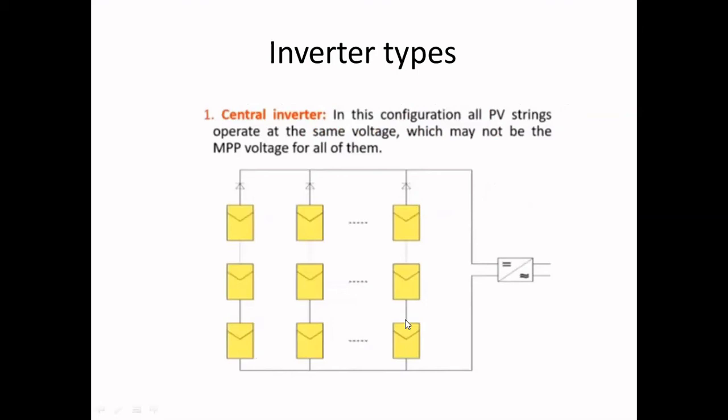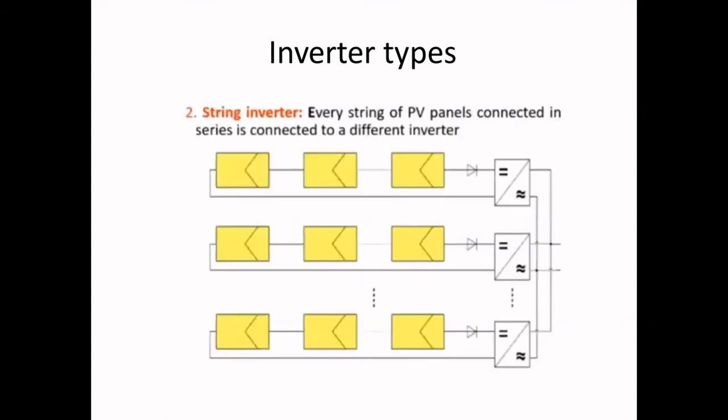Like one or two advantages we can define: we do have a smaller number of SCADA points, and so we don't have to invest much more money into the system. But the disadvantage is, when one array gets faulty, then the total system gets affected. So due to this, we'll go for a string inverter.